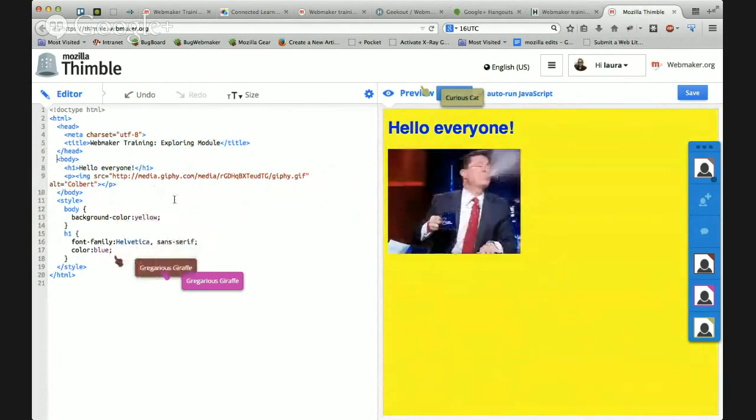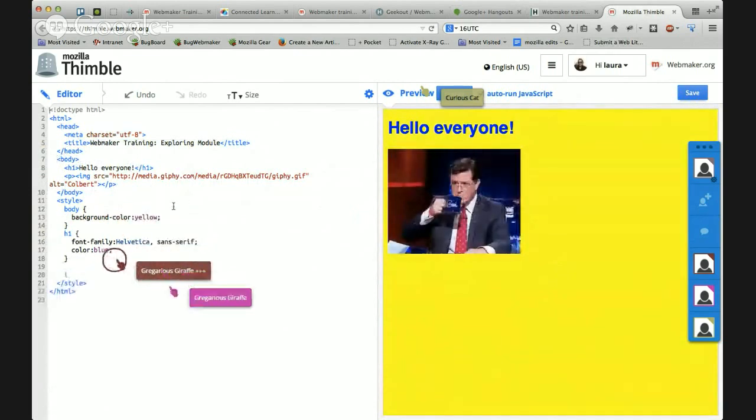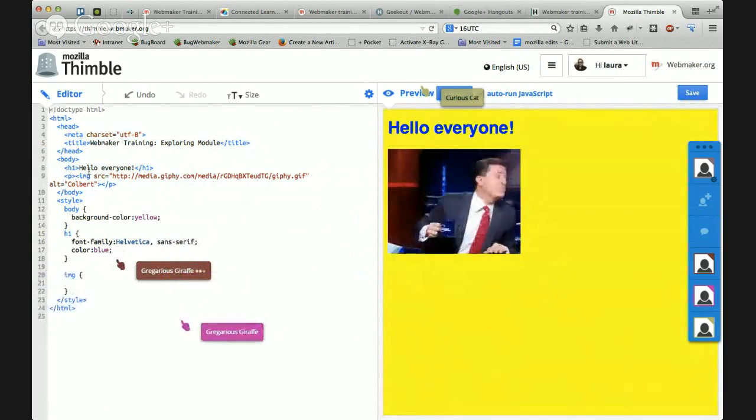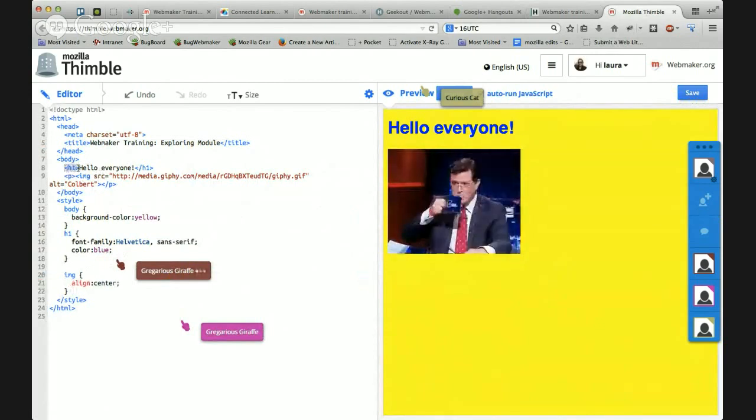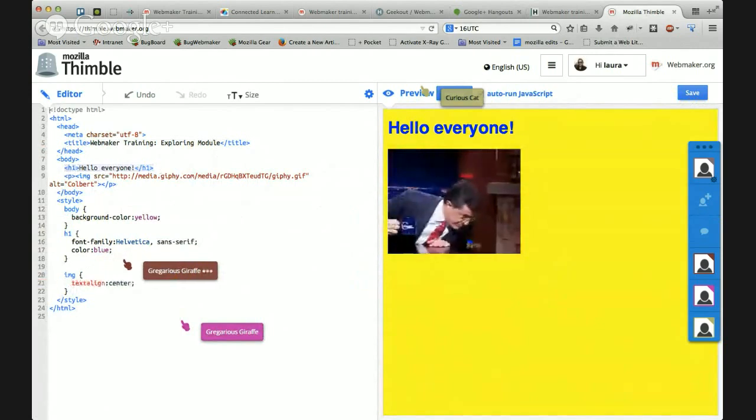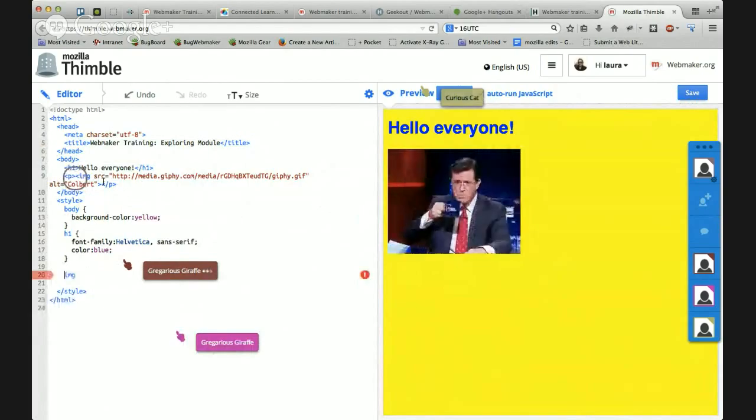So while I've been blah, blah, blahing, Doug and others have been changing this web page to have an animated GIF naturally. And they've included an H1 tag, which is what's making this big blue text, a paragraph tag, which is actually just being used for spacing, but if I write something,